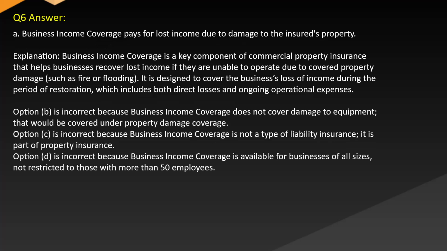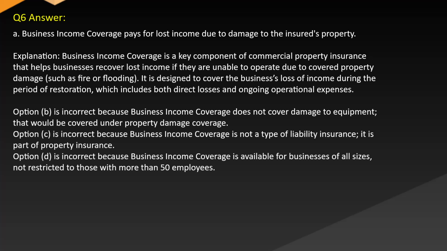Answer A. Business income coverage pays for lost income due to damage to the insured's property. Explanation: business income coverage is a key component of commercial property insurance that helps businesses recover lost income if they are unable to operate due to covered property damage, such as fire or flooding. It is designed to cover the business's loss of income during the period of restoration, which includes both direct losses